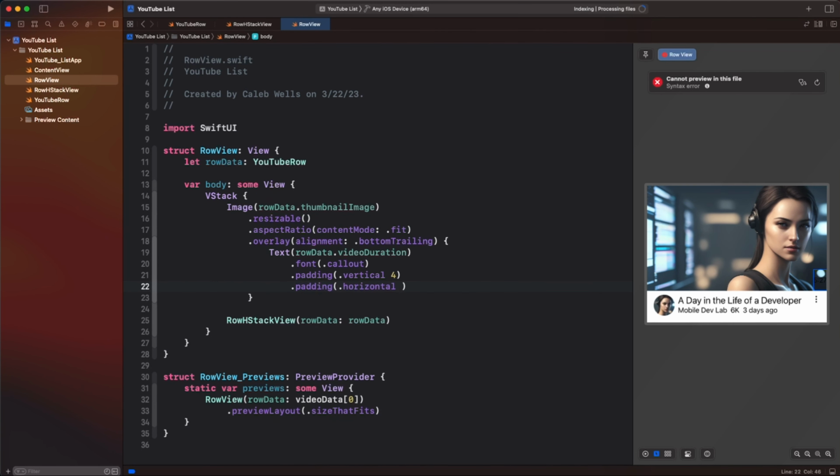And we're going to go open parenthesis and we're going to go dot black, like so. All right, that to me looks pretty close to a YouTube thumbnail row view, right? So now we need to put it in the list. So let's go back up to content view, and this is not updated, so we're just going to go new